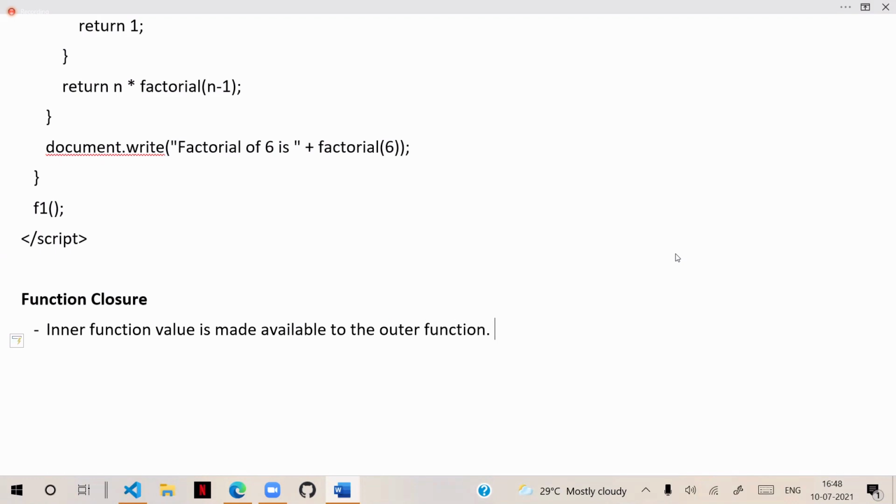That's it, that is the main concept. Generally, the outer function value is available to the inner function, but the inner function value is not available to the outer function. If you are making the inner function value available to the outer function, then we call that mechanism closure. So that is the general closure technique.